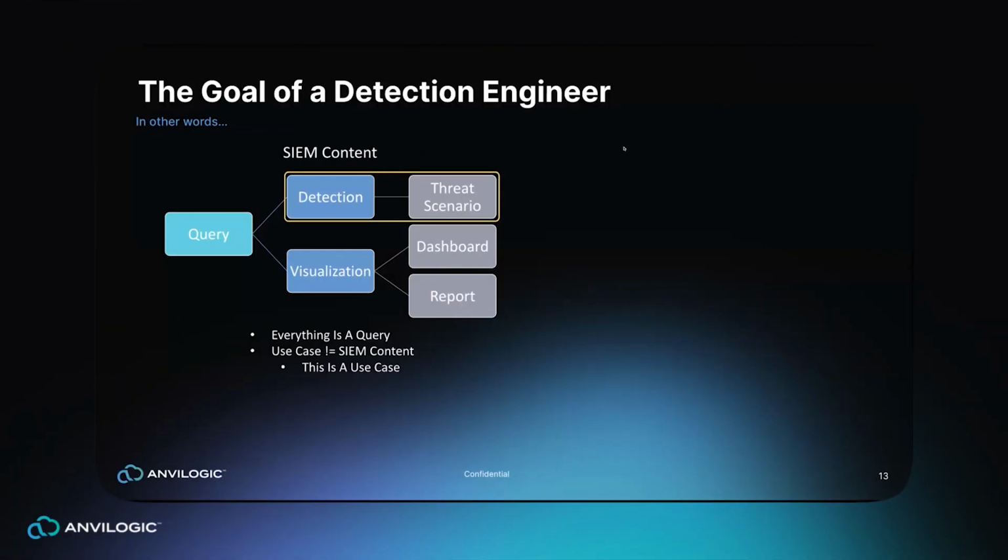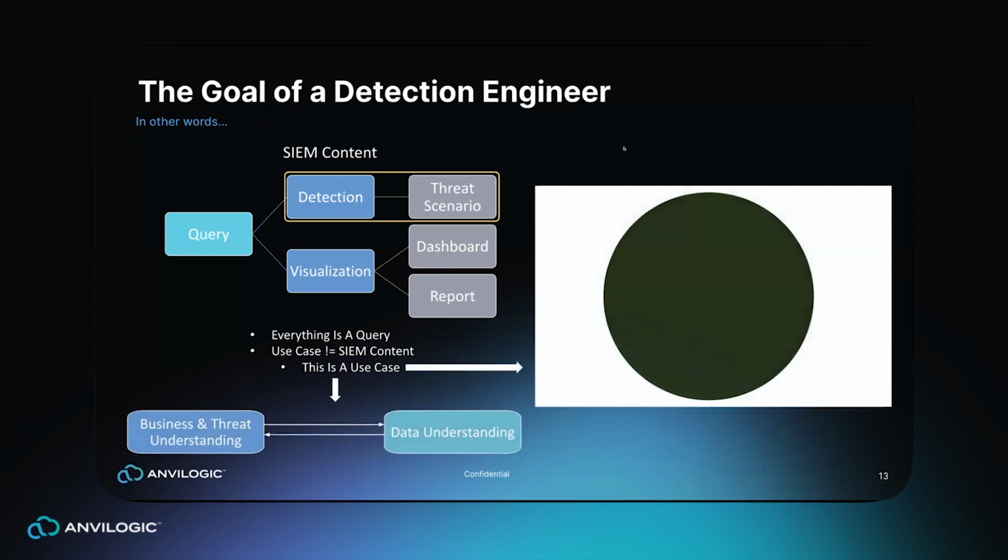Some people were like, oh, we're just going to block it at the firewall. I was like, are you? Are you really going to spend that much time and effort trying to maintain a block list of external IP addresses that really just amount to scanners? Because anybody that's actively targeting you is not going to be coming from the same infrastructure or IP address that they're scanning is coming from. So anyway, the point of that is you need to understand and provide the necessary business and threat understanding as